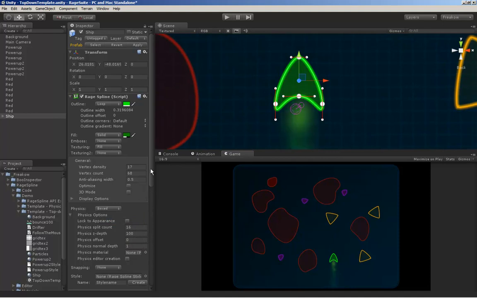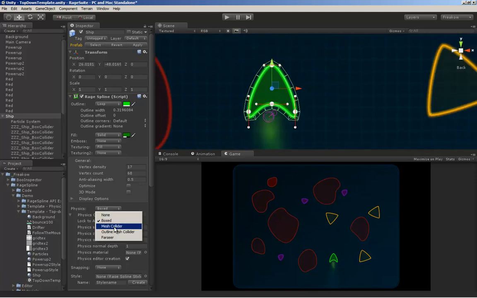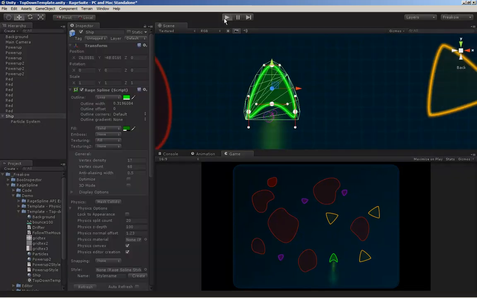If I want to see it in the editor, I just enable the physics editor creation option, and then you can see the outline. And then obviously you can increase the number of splits and set the offset. So if you want to have a better spread out shape around your drawing, you can do it right here interactively. So let's switch back to the mesh collider, hit play,